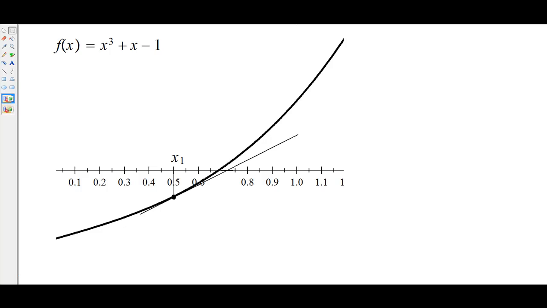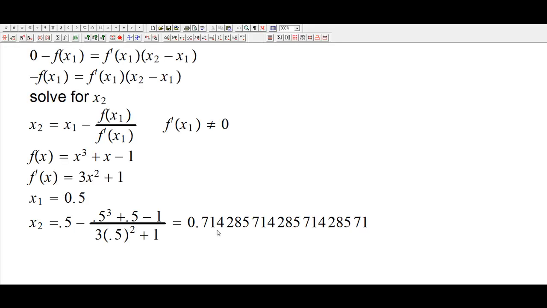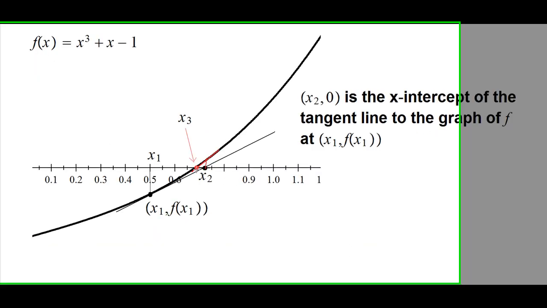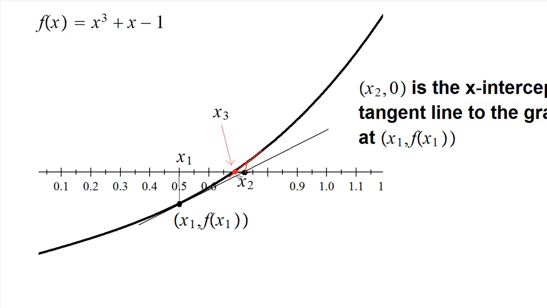0.7143 approximately, and you can see that that's where we approximately are. All right, 0.7143. Okay, now in order to find x3, which will be the x-intercept of the tangent line at x2, f(x2), we will